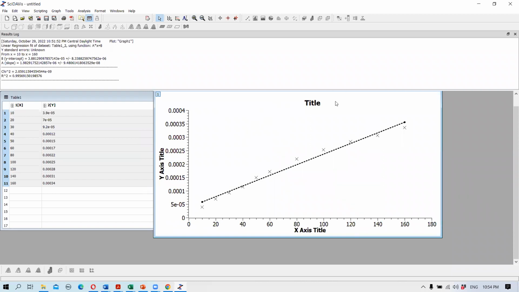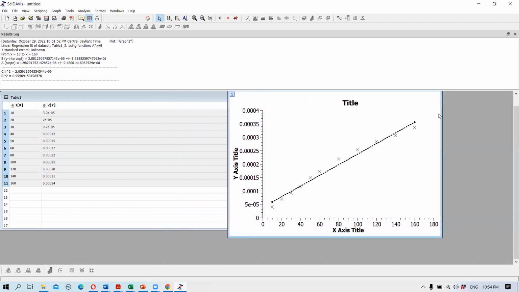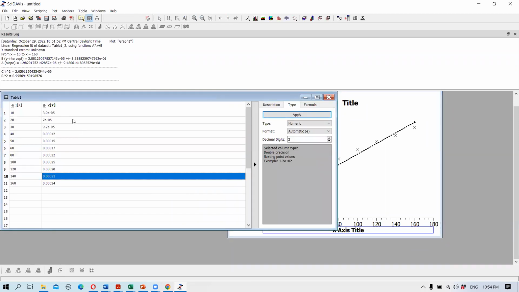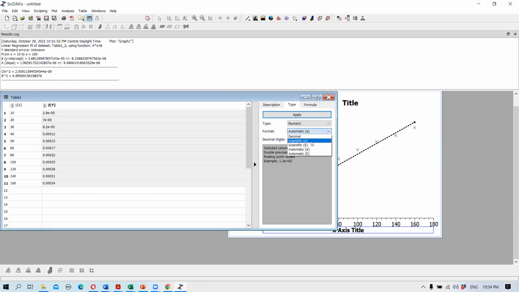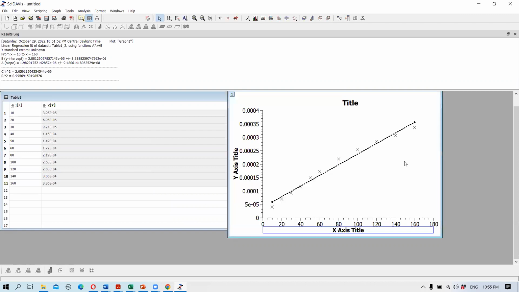Now still we have an issue. The issue is I have seen the data on each axis is not represented in the standard manner, maybe a scientific notation. So if you want to represent them in standard scientific notation, you can go to this graph, table, select the data set. Rather than automatic, you can go to scientific, the lowercase e version or the uppercase E version. So I'll go to uppercase E version. So when you do that,